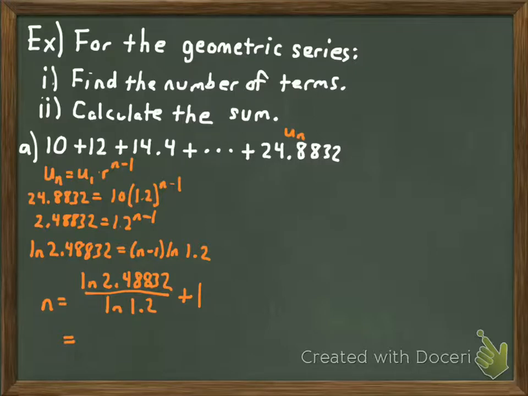And indeed, when you use your calculator to simplify, this whole mess right there becomes 5 plus 1, so 6. Meaning that we're trying to find the sum of the first six terms of this series. So now use your formula. S sub 6 equals the first term, 10,